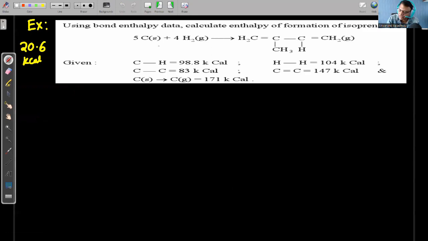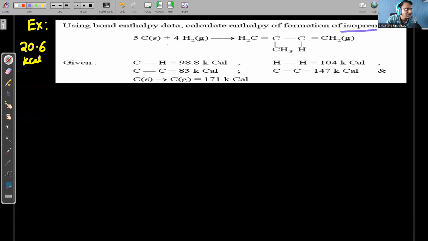जैसे अभी ये क्वेश्चन है, इसमें कार्बन सॉलिड हाइड्रोजन और ये जो भी कंपाउंड बन रहा है, आइसोप्रीन नाम लिखा हुआ है, दिस इज आइसोप्रीन, we have to form this compound, isoprene. अब इसमें देखो ये 1 मोल बन रहा है और इसमें कार्बन और हाइड्रोजन है, कार्बन सॉलिड लिखा है, अंडरस्टूड है, डायमंड से तो बनाएंगे नहीं, ये ग्रेफाइट ही है, और ये हाइड्रोजन मॉलिक्यूल इन गैसियस स्टेट है. सो दिस इज फॉर्मेशन रिएक्शन. ये जो रिएक्शन लिखी है ना, ये हीट ऑफ फॉर्मेशन ऑफ आइसोप्रीन है, because elements are present in most stable